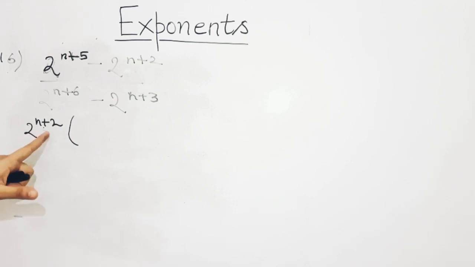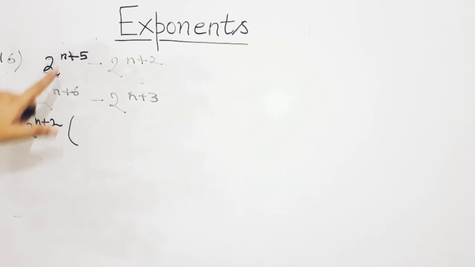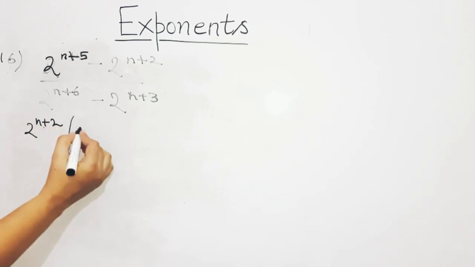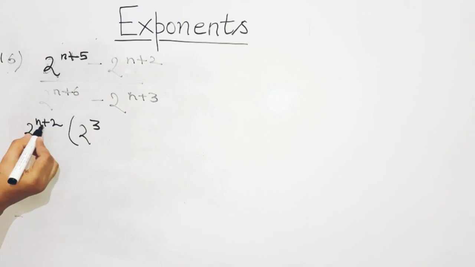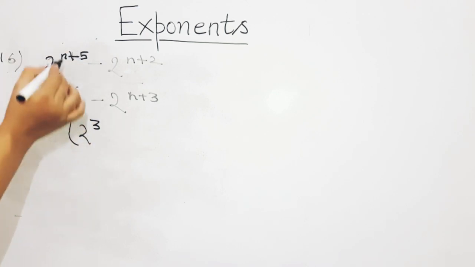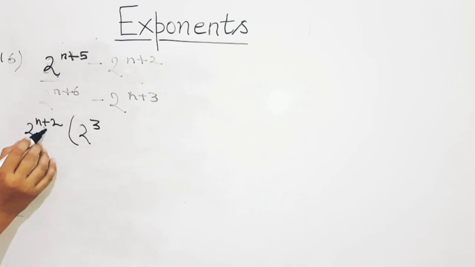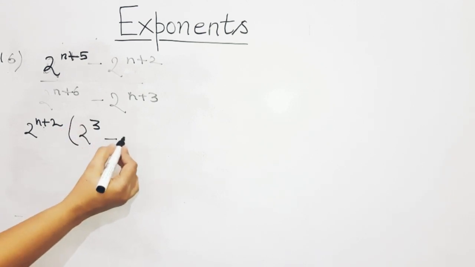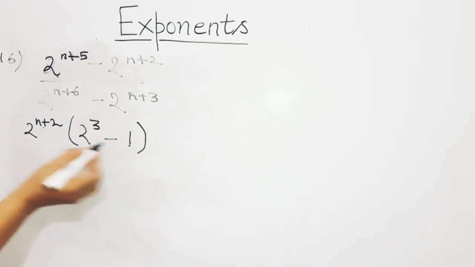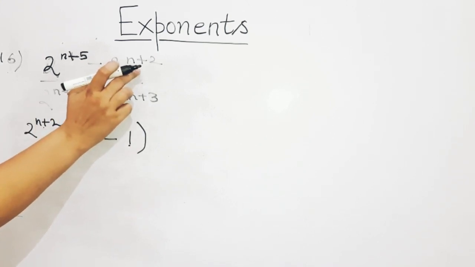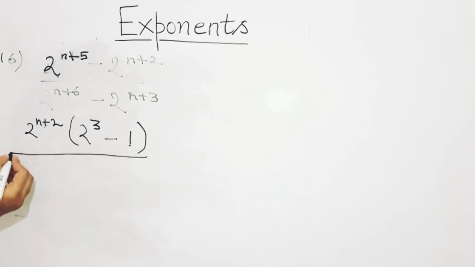n+2 में आप क्या ऐड करेंगे कि वो n+5 बन जाए? What must be added to n+2 to make it n+5? Obviously 2 to the power of 3 जब आप ऐड करेंगे, 2 to the power of 3, because n+2 plus 3 is going to make n+5. So it will become n+5. So I have taken n+2 as common. So 2 to the power 3 is left over here. Now -1. Why I have written 1 over here? Because 2 to the power of n+2 जब ये आपका 1 से multiply होगा तो same thing is going to be obtained. Now coming to the denominator part.